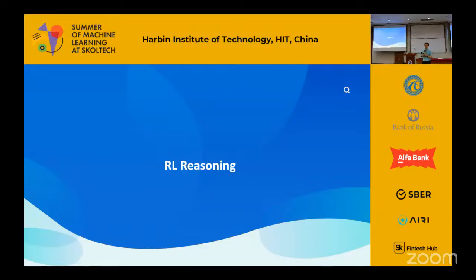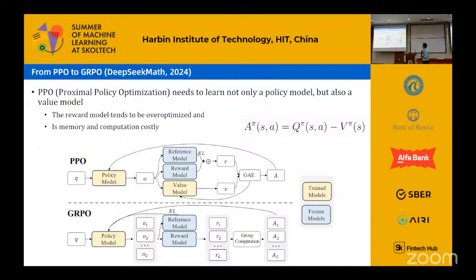Okay, so now we move into reasoning. Reasoning is a very hot topic recently, maybe since the end or the second half of last year. Here I want to first introduce the GRPO algorithm. It's called Group Relative Policy Optimization. This actually tries to